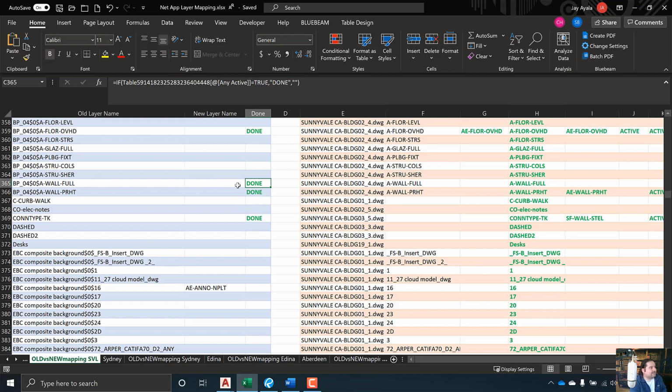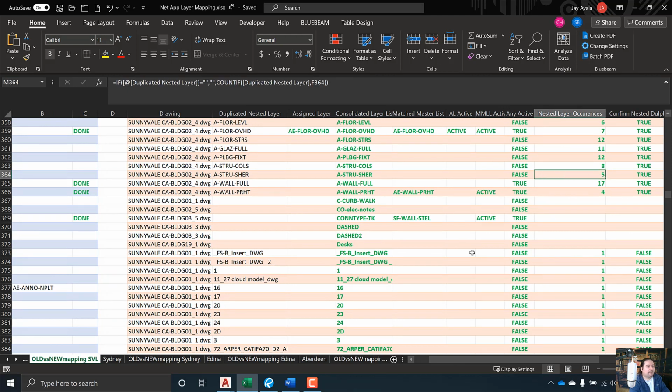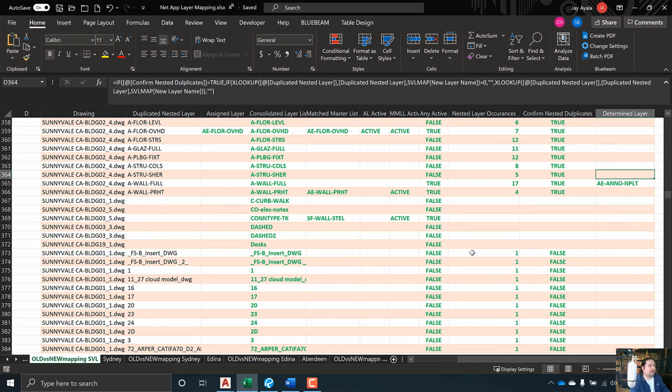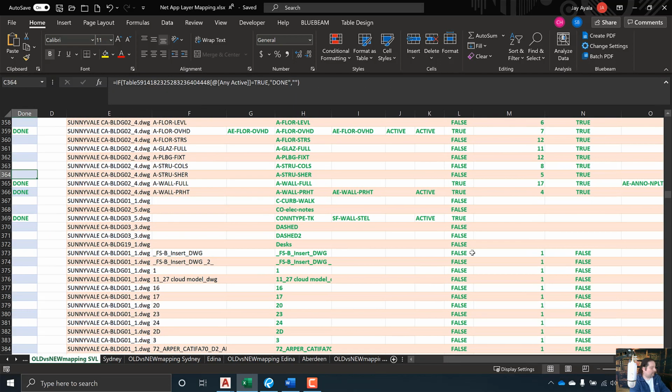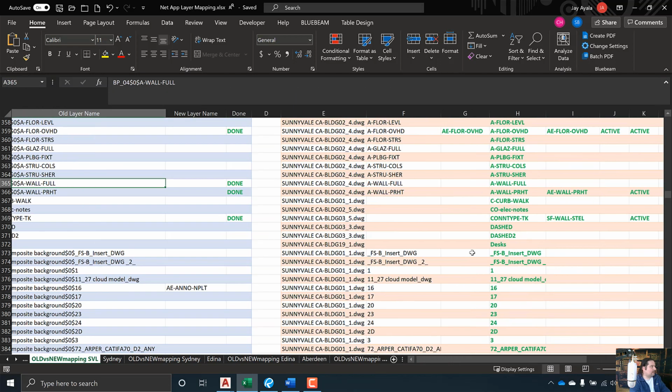So if it says done here, it's telling you somebody already mapped it. Maybe Steven did, maybe Colton, maybe Glenn mapped it. Somebody already mapped it, and it has already been found. So you look in the orange helper table over here, okay? And then you can go find what layer it was found on. I think I'm on the wrong one. Yeah, I'm on the wrong one. So if I go down to this column here,